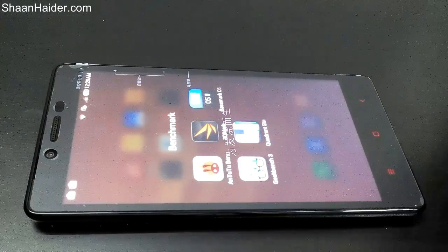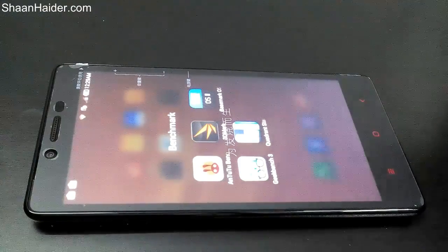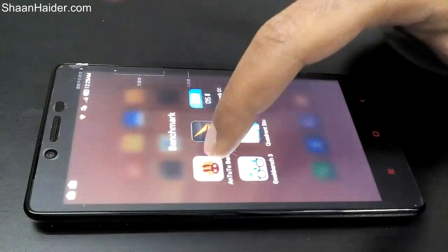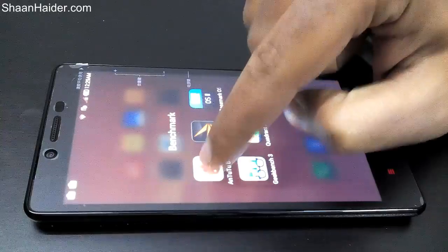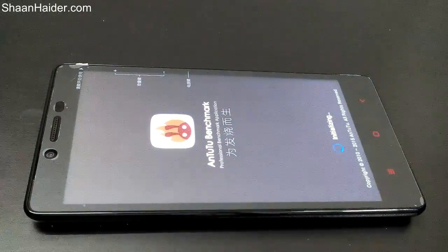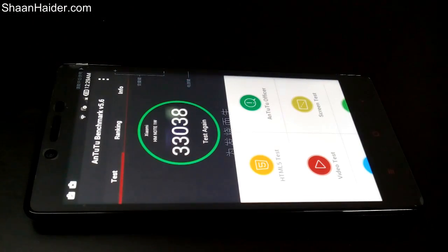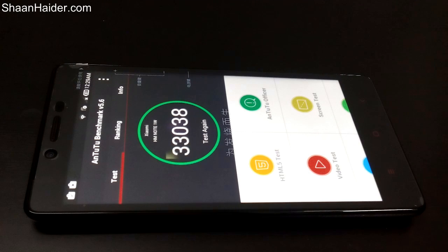So let's start with the Antutu benchmark, which is one of the most popular benchmarking applications right now available in the market for all type of devices. So here we go with Antutu benchmark, and as you can see here, the score of our Xiaomi Redmi Note is 33,038 in Antutu benchmarking test,